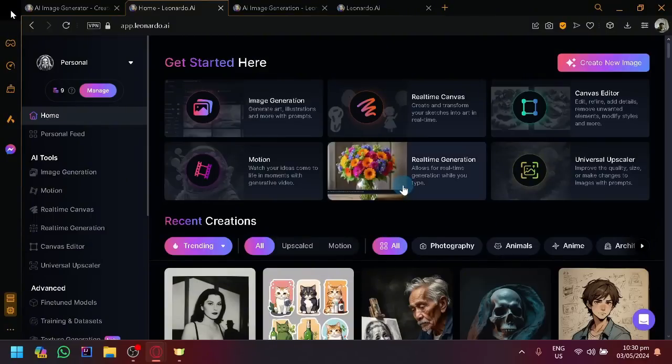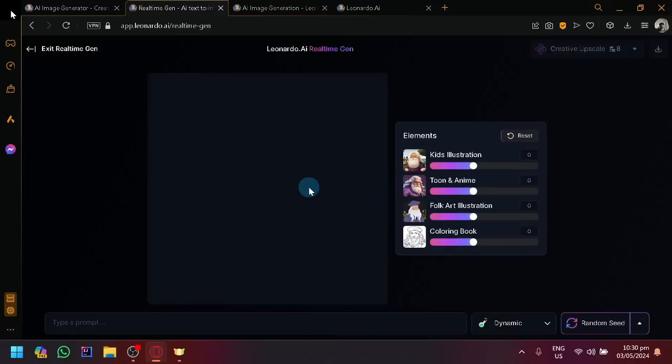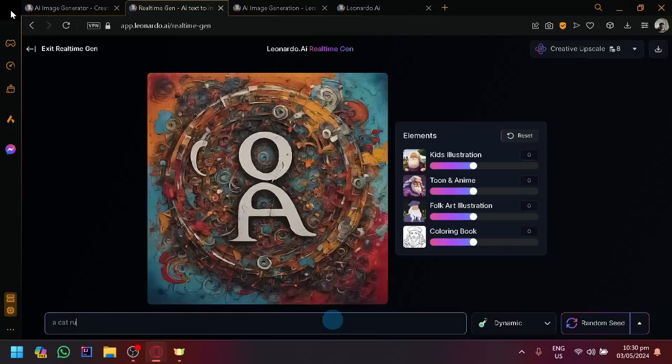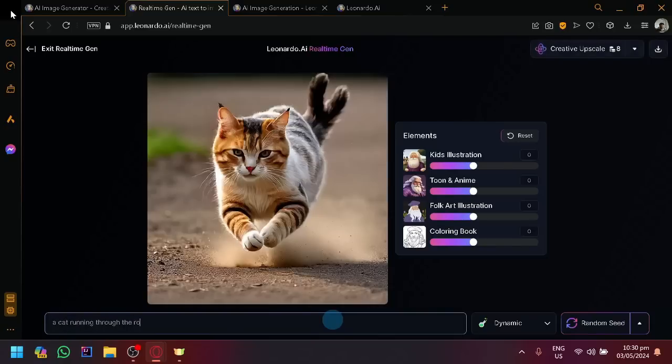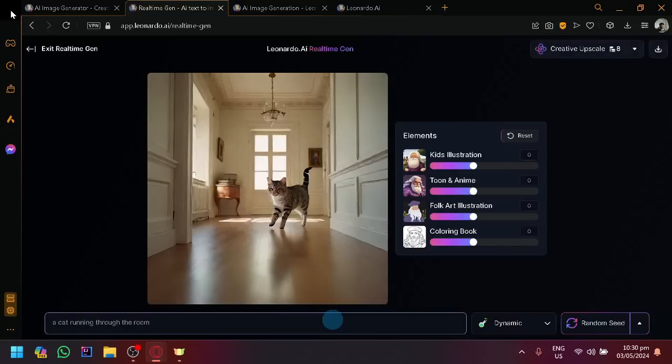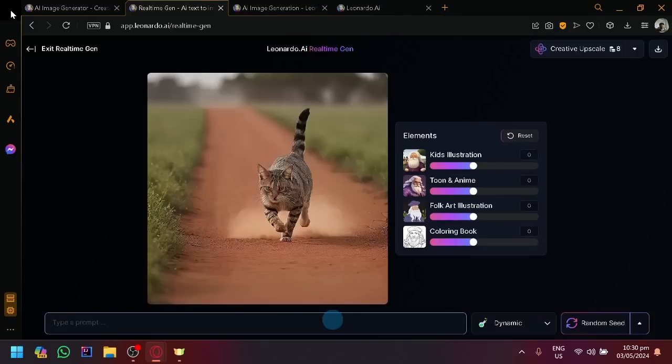We wanted to show the real-time generation, but this is something a premium user should be able to use. But I guess we could try it out over here. I think we could use it still over here. So let's try it out. A cat running through the roof. Oh, there we go. We could actually use it as a normal user. And as you can see, the output is automatically generated. Although, since it is being rushed, it's not going to be as perfect as we want. You can also control the style over here,